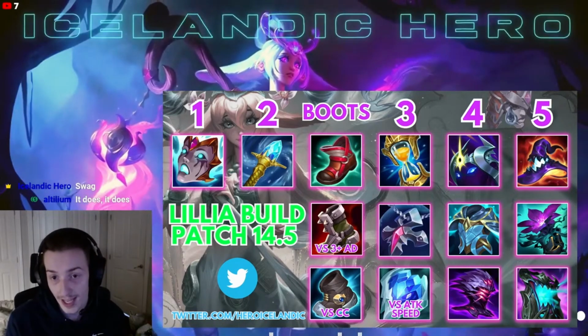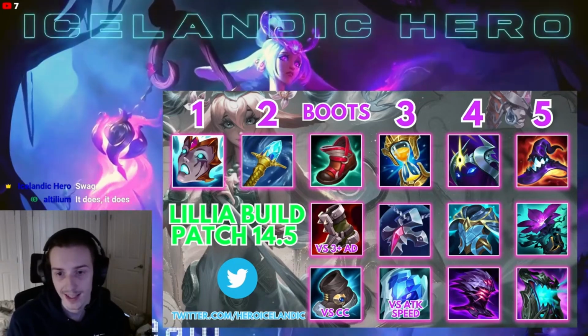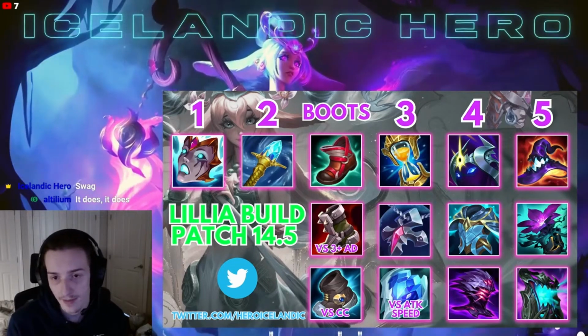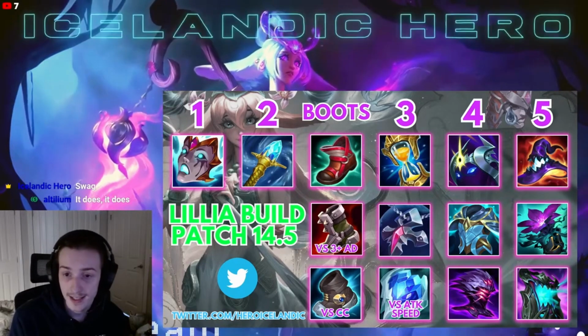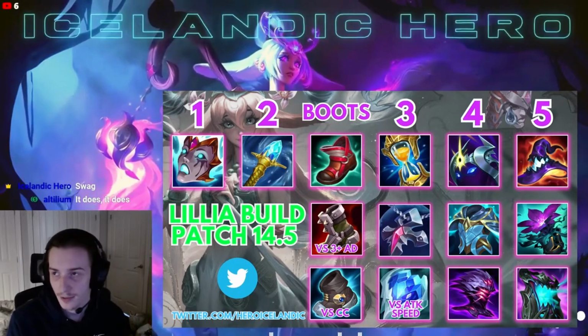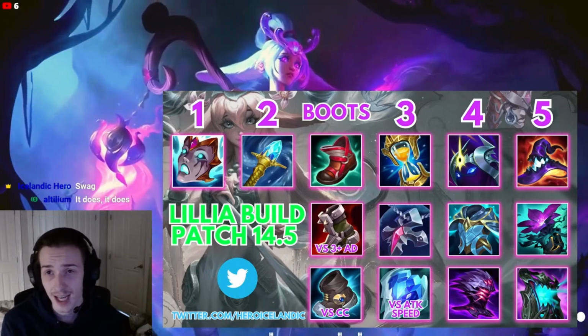It's very strong when you're ahead because it also helps protect your shutdown because you have a spell shield. And it also is very good into heavy AP team comps. And then on the flip side, if you are against a team comp that has a lot of attack speed, for example, if you're playing against Xayah, Yasuo,